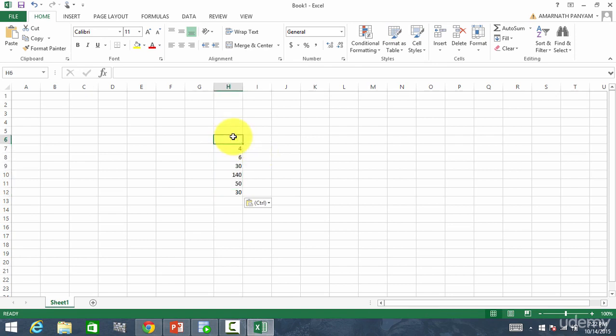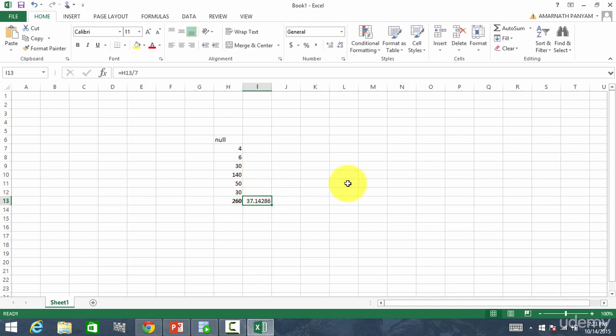You see the null is not pasted, so I will just type null. Let me sum this. 260. And in total how many values? 7 values, right? So it is equal to 260 by 7. That is the average.